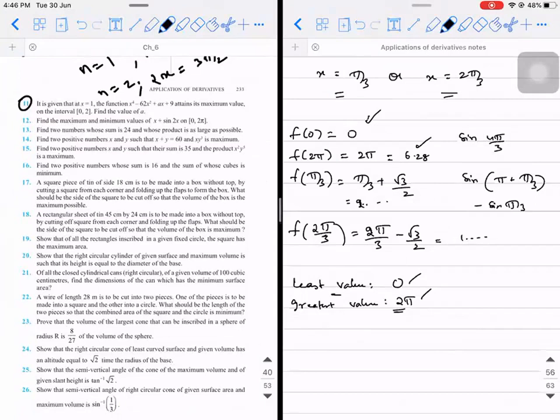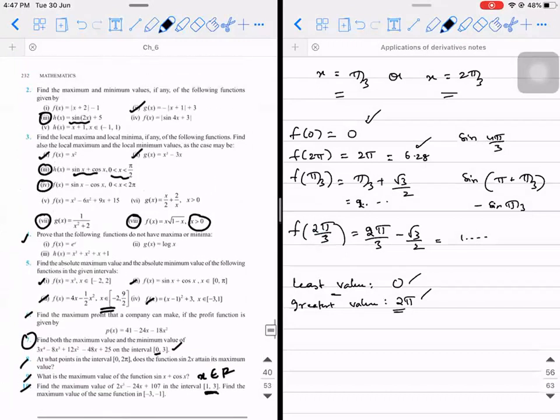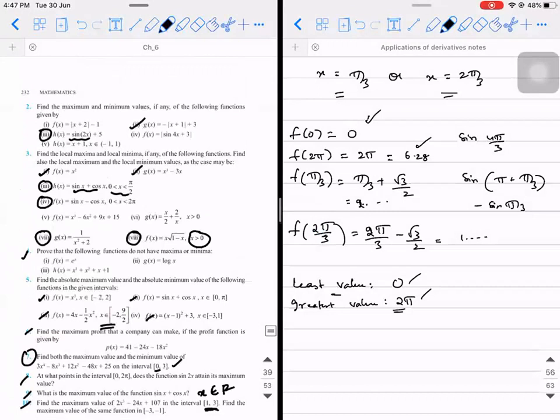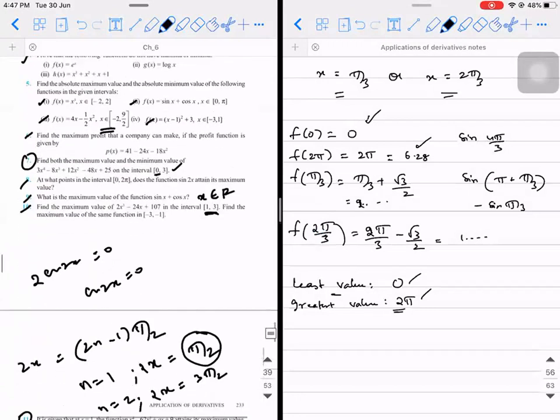Any other doubts? Sir, should we do all the sums? It's better you try. All the sums means from the 12th one to the 26th. You try at least. I'm not saying you do it all. Or else, if you're clear with all the previous questions we have solved today, I would suggest you revise them. Because when I teach, you'll feel like you understood, but when you place the pen on the paper, you'll definitely get doubts. I would suggest you practice them again.